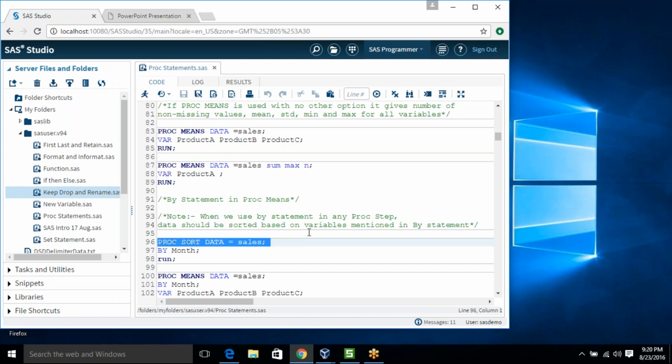When you are using any BY statement, first the data should be sorted. So here I am using BY month, and before using BY month, I am sorting my data.